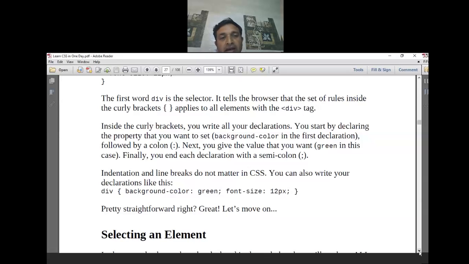And the third way is you can directly specify the style attribute on a particular element. Then we saw how to create a rule: the selector and the properties in curly brackets. Any selector here is for div. If you want to specify for a particular selector like button or div, that is also possible.